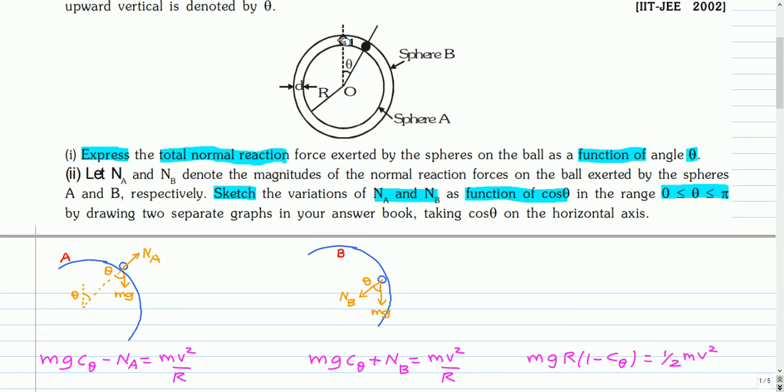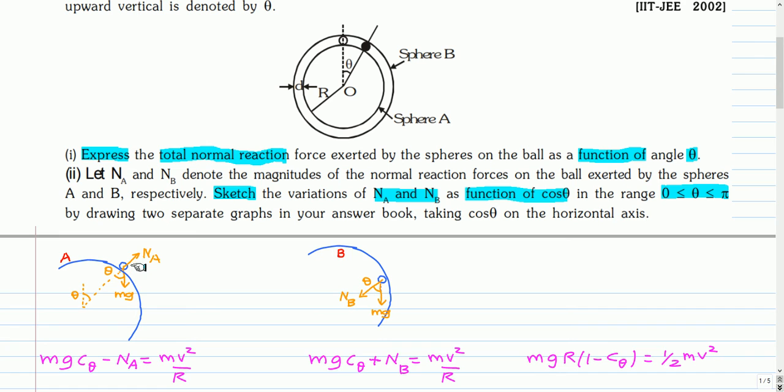So when this small sphere is at the top, it will be in contact with the inner sphere, and as it moves towards right, at some stage it will lose contact with the inner sphere and will touch the outer sphere, and it will move by touching the outer sphere. So let us draw the free body diagram of the sphere when it touches the inner sphere A and when it touches the outer sphere B for a large angle of theta.